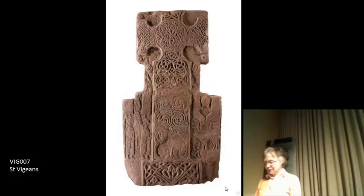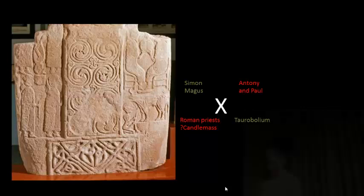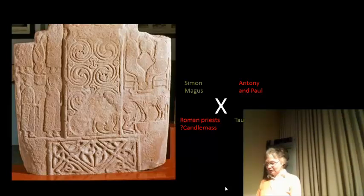It consists of a magnificent and complex interlaced cross, flanked by 4 scenes, which are both polemical and create a severe dialectic. 2 scenes depict an orthodox and approved Christian behaviour, particularly concerning the priesthood. The other scenes are savage examples of false priests. None of the stories come from the Bible, but were evidently of current concern to the locality when the stone